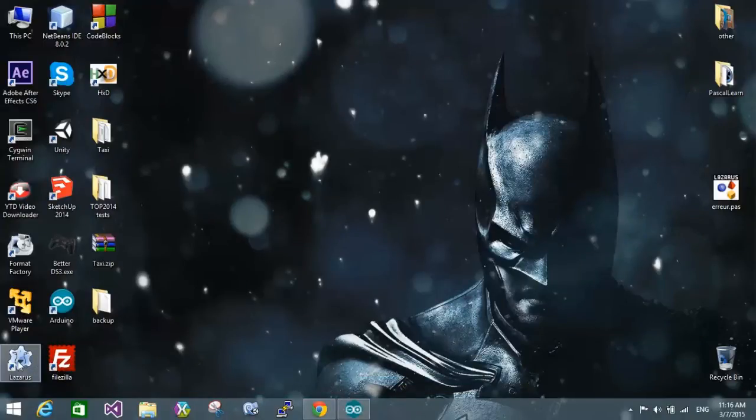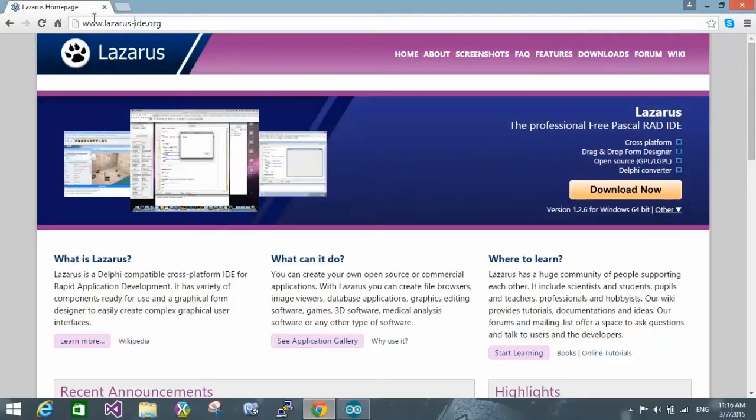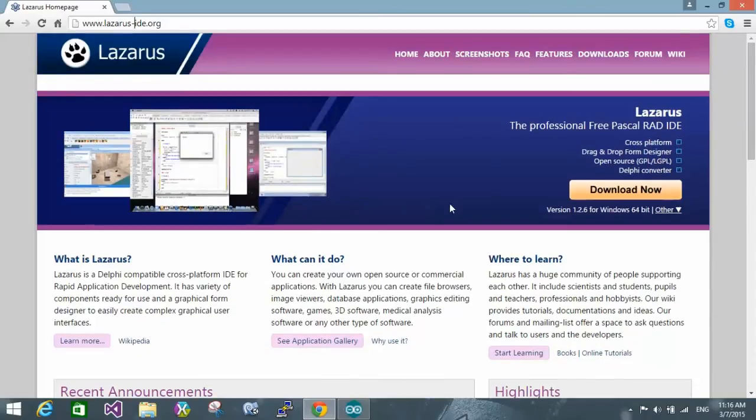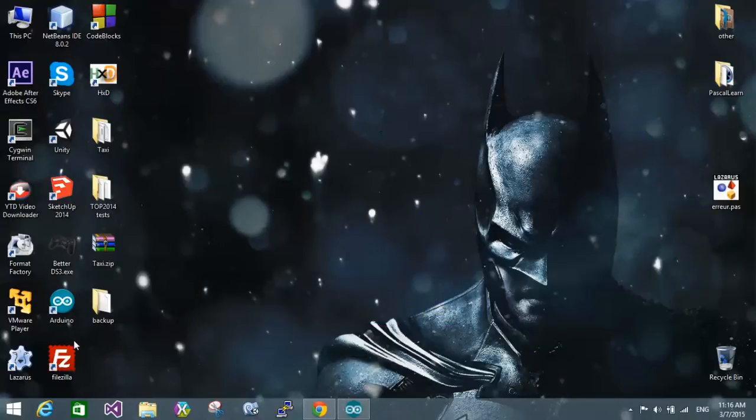So go to your Pascal IDE like Lazarus, for example. If you don't have Lazarus, then I recommend you install it. It's free software. You can go to www.lazarus-ide.org. So press the download now button. It's cross-platform, and whether you're using Linux or Windows or Mac or whatever, Lazarus is gonna be good for you. So open up Lazarus